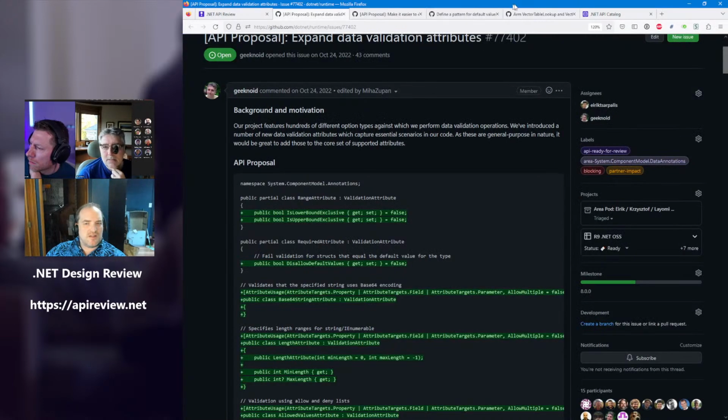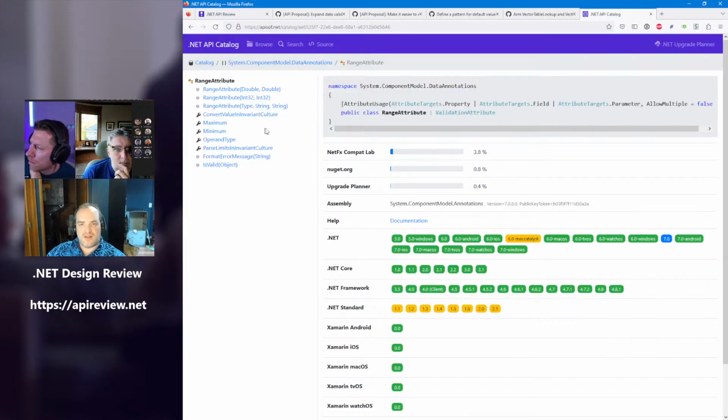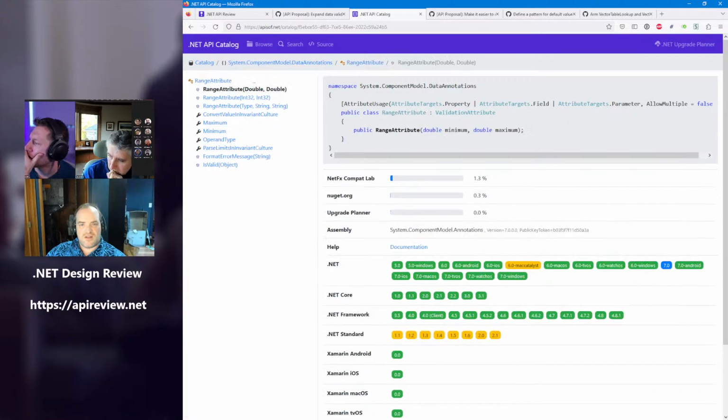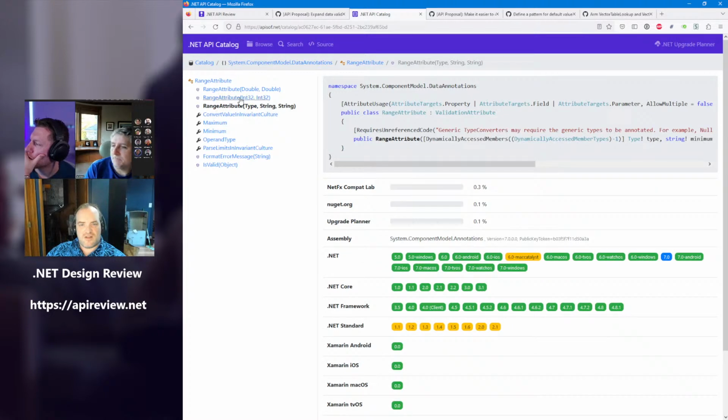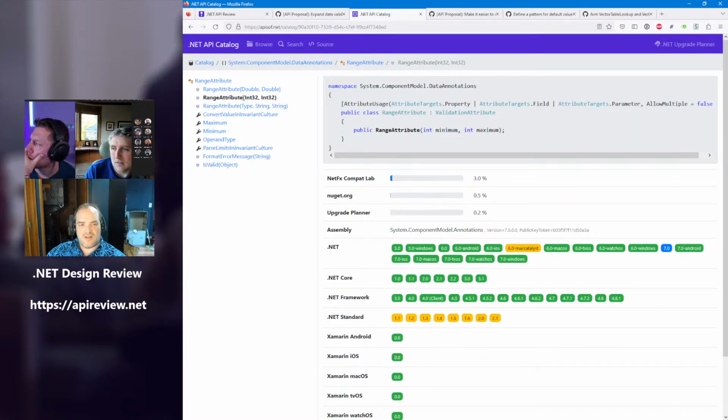I think this is fine. I just have a question on it. So this range is an inclusion, like we're checking to make sure that something is within the range. Do we have the concept of validating that something is outside of a range? I only ask because these properties would start to get very confusing if we ever wanted to extend this particular attribute in the future to basically be the inverse, make it exclusionary rather than inclusionary. I would expect that this would be a different attribute. I'm guessing that this is only intended for validating intervals of ordered stuff. So if we're looking at the complement of that, we'd be looking at a completely different type.